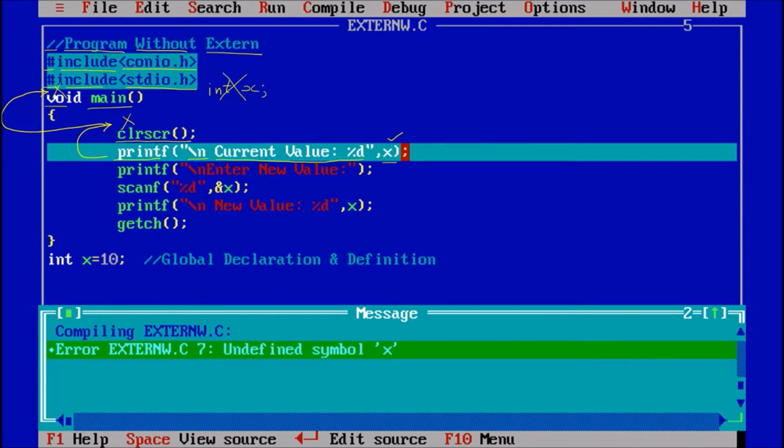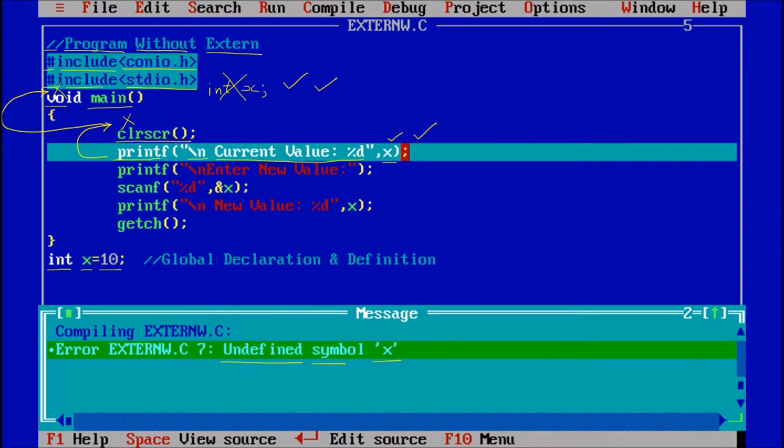You can see that in this program we are using a global variable at the bottom. It is declared but compiler cannot see it. The reason is that compiler used to check on the top. It is not having any idea about the down declared variable. Similarly, we have seen the functions. If we are declaring the function at the bottom, we have to give the prototype on the top. Similarly, here it is not finding any value. It will say error undefined symbol x, because compiler is not able to see this x.